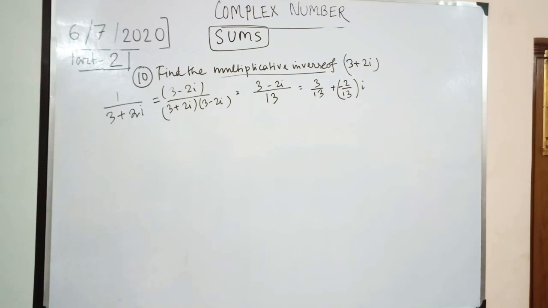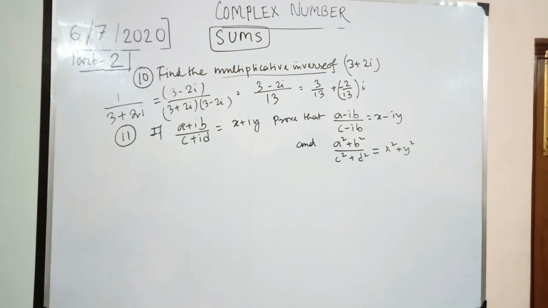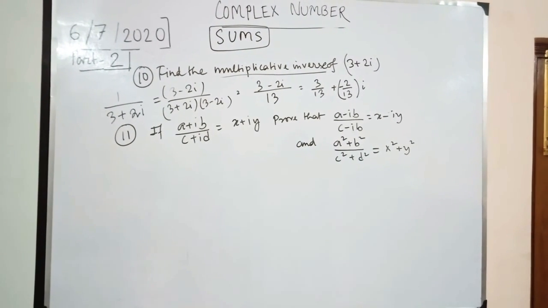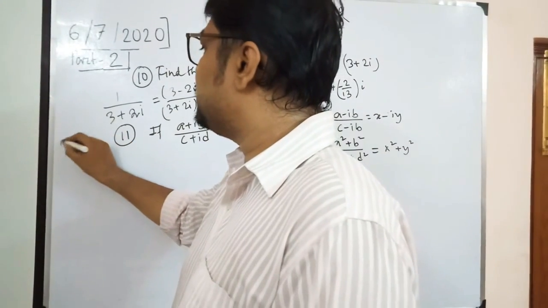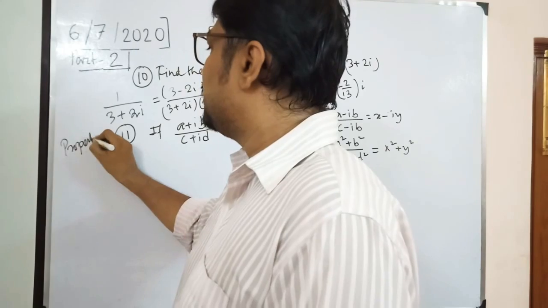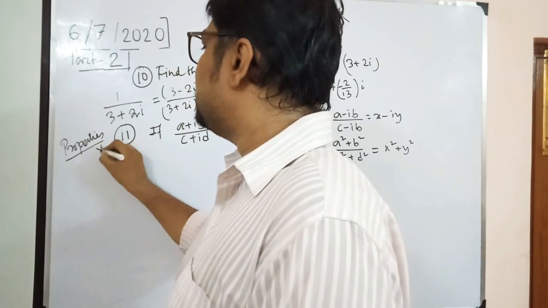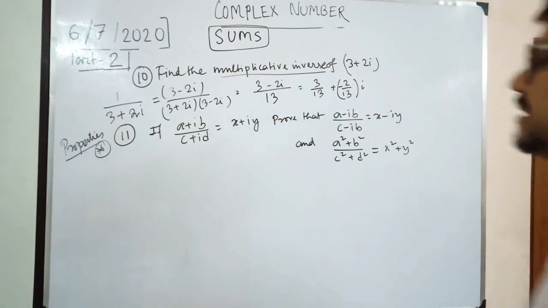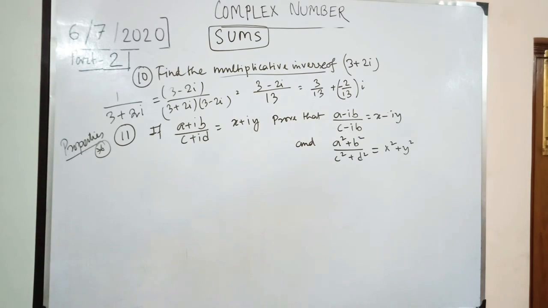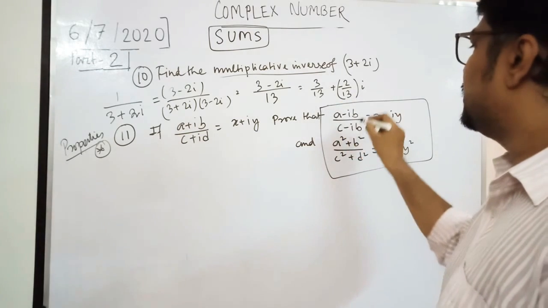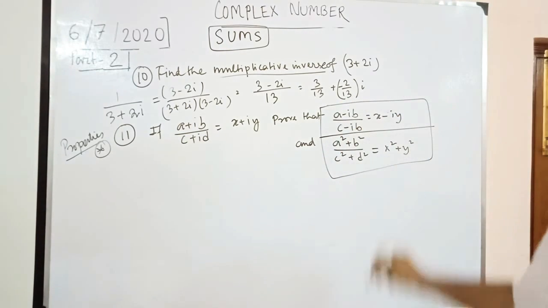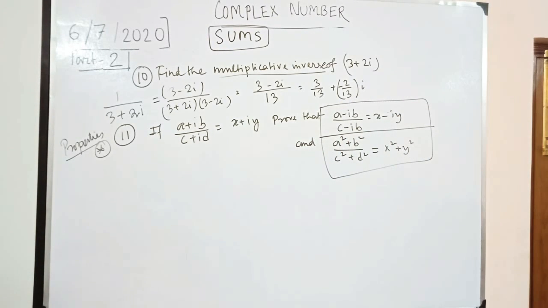Okay. Then the next sum we do, one more sum we can do over here. So we get another sum over here. Here, from number 11 we start the properties. So we can use the properties, otherwise this will be too long. If we start comparing the right hand side and left hand side, these are the two things which we need to prove over here.